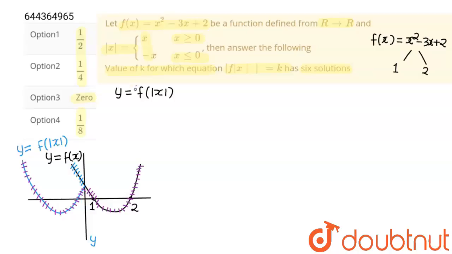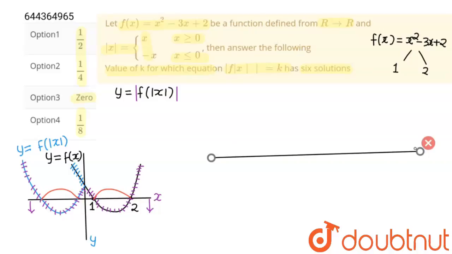Now I am going to draw the graph of the whole mod. So what happens when we put mod on the whole function? The only change is the graph below the x-axis. We neglect that graph below the x-axis, and we take the mirror image of that part in the x-axis, above the x-axis. So here the image will go like this, and this will be neglected. Now I'm going to draw a fresh graph of this whole function over here.